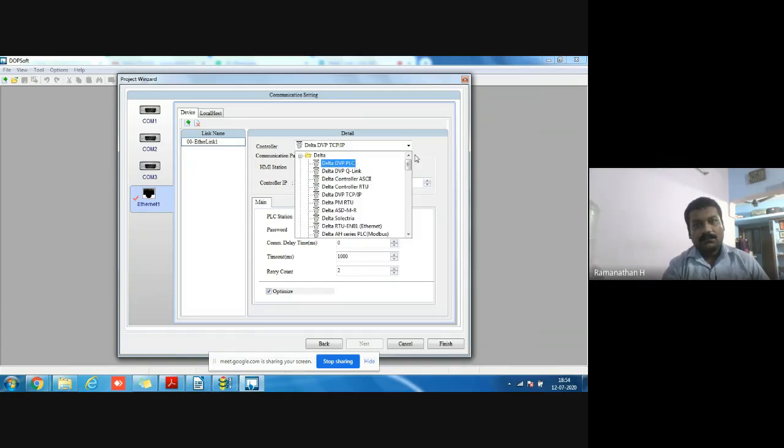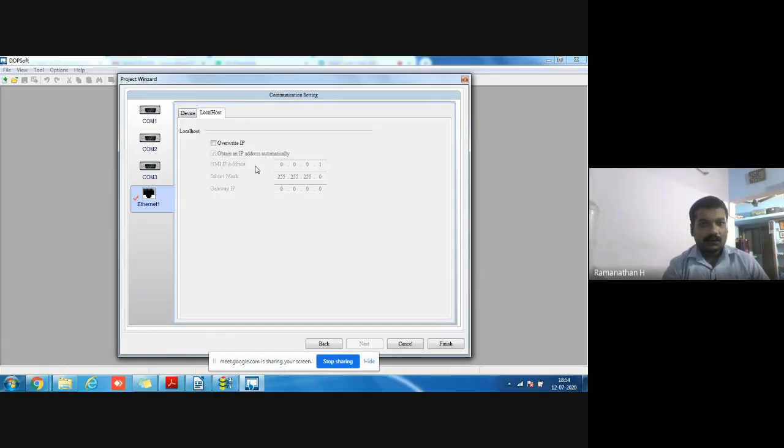But now we are having Ethernet Delta DVP TCP. This IP address is the PLC IP address. Now we set the local host. Local host is the HMI. Here, obtain an IP address automatically means DHCP, a dynamic IP.